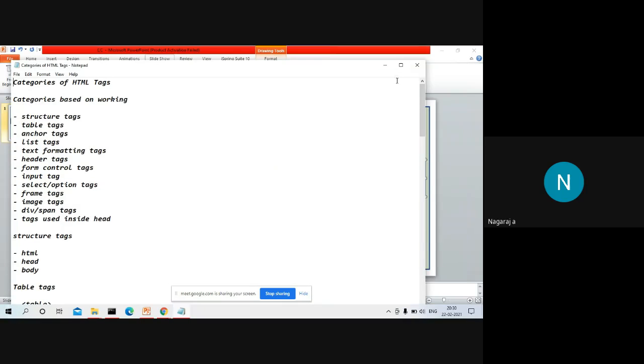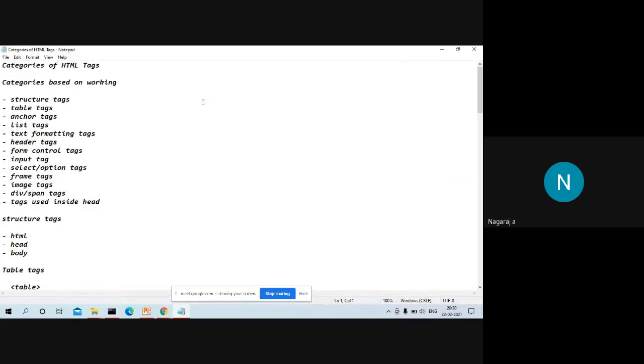So in the last video, we have already understood what is HTML. HTML is a set of predefined tags. That means the HTML specification defines a lot of tags. So these tags are classified into different categories. So these are the different categories: